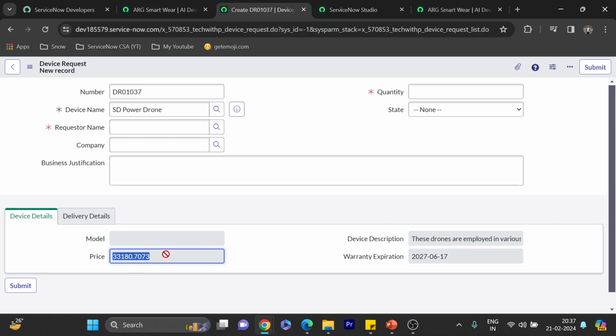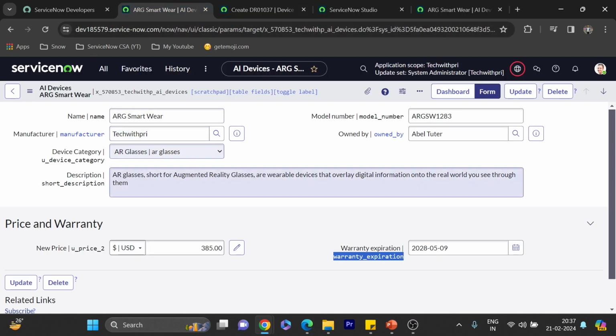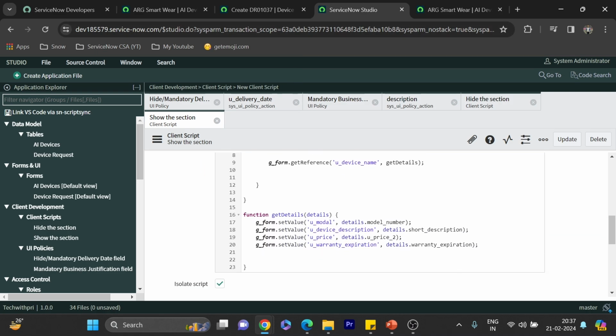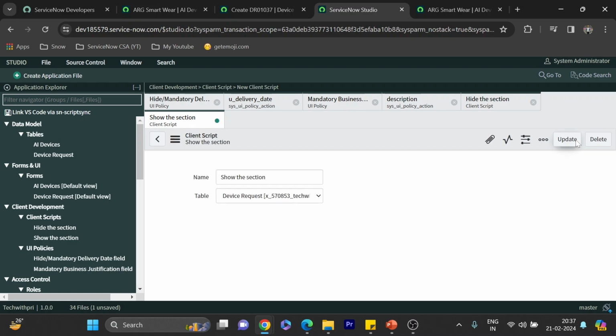So for me, the currency is converting from my currency, how the currency has been set as a preference, okay, in the Indian rupees. Warranty expiration is coming fine. Why the model is not coming? Let's see. We have the model field is model number. That's the field. So what we did? Okay, we have used model, so it should be model number, right? Silly mistake. So I'm gonna click on update,